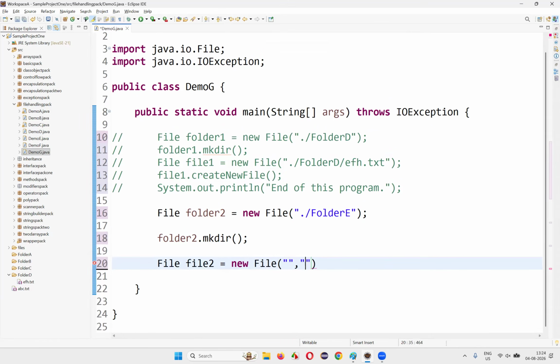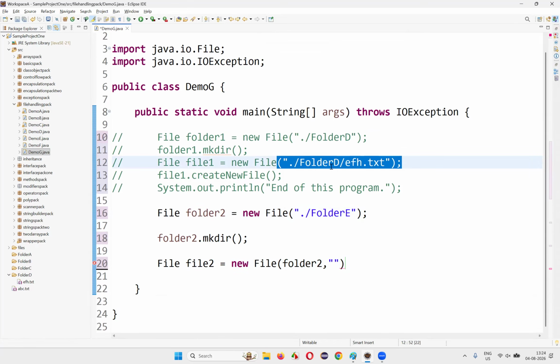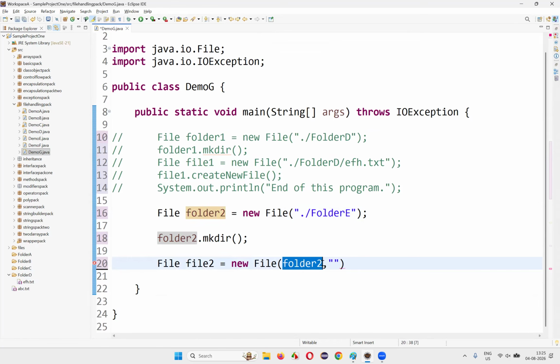Another way here is, first give this folder2. Just specify this folder2. So as a first argument, you give folder2. That means under this folder2, whatever the file you mention here, that will get created. This is the second way, guys. Either you can give the path of the file to create the new file under this newly created folder, you can give the path like this, or you can also give something like this. The second way is where you just need to give the object reference of the folder that you have represented here. Under that folder, whatever the file you want to create,